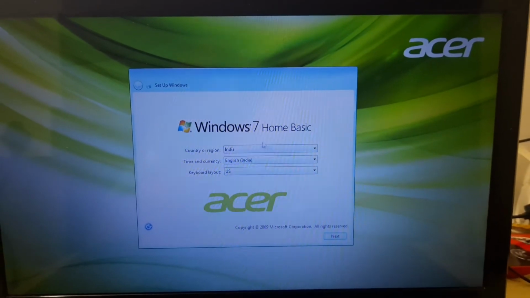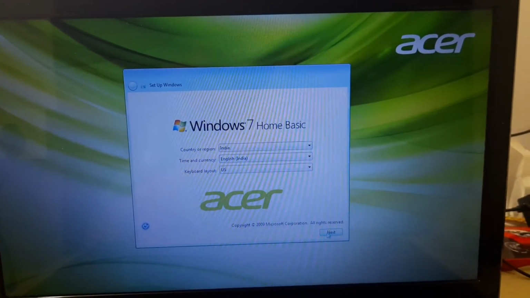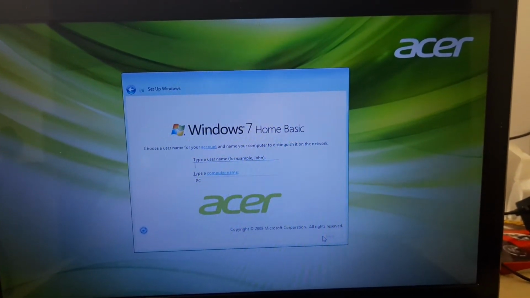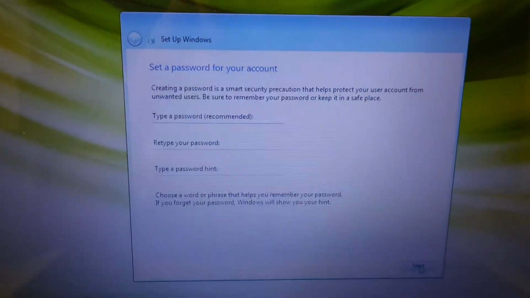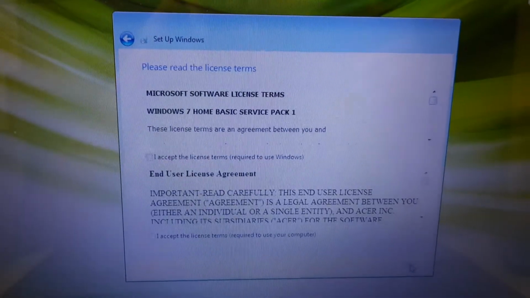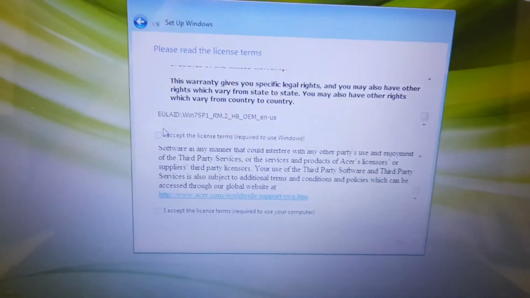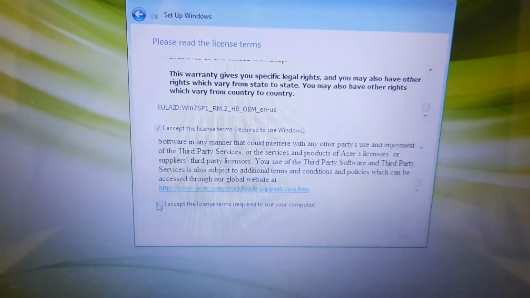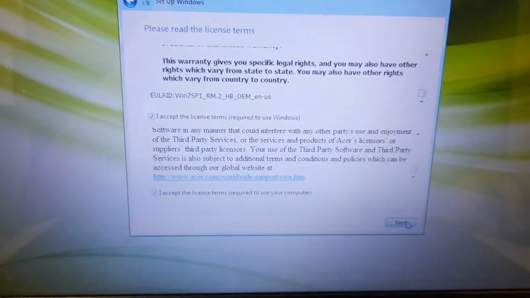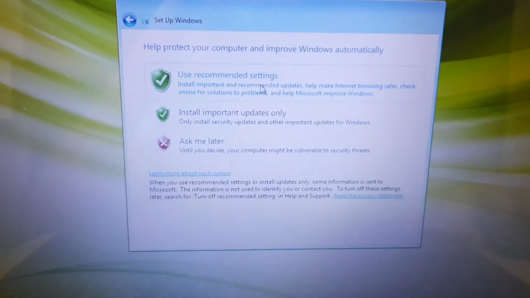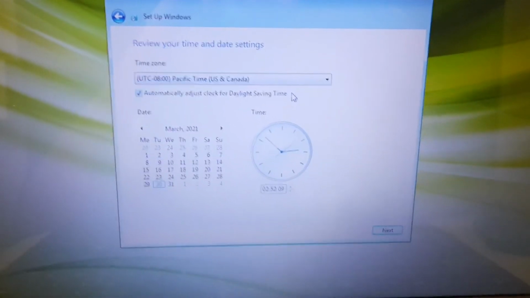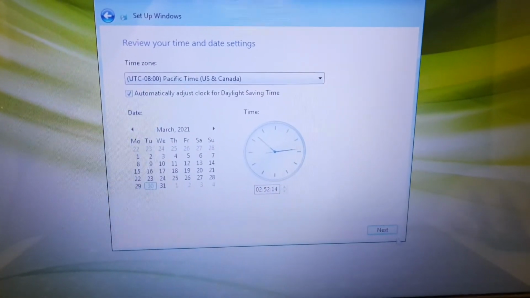Now we can see that it gives us the first time setup, and we can enter all our details, and if you want a password you can set it, and we're going to just accept these terms and conditions. We're going to use recommended settings and set the time zone, whichever you live in.